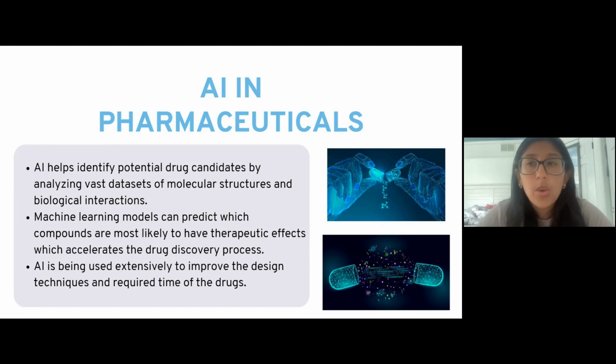Let's say, for example, you have a rare disease that there's no cure for. The pharmaceutical industry might decide that they want to try creating a cure, so they'll use AI to help identify what drugs could be potential candidates. They then test the drug, and then they get it approved by the FDA, and then it's sold to help others who have that disease.